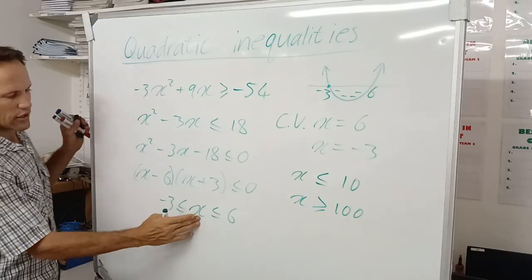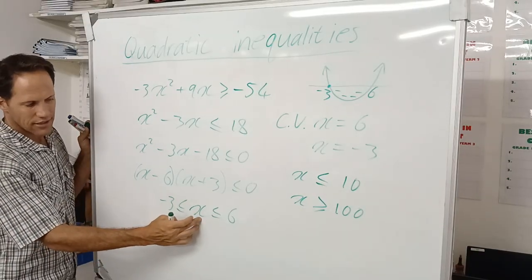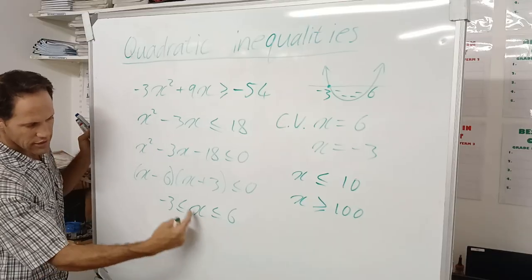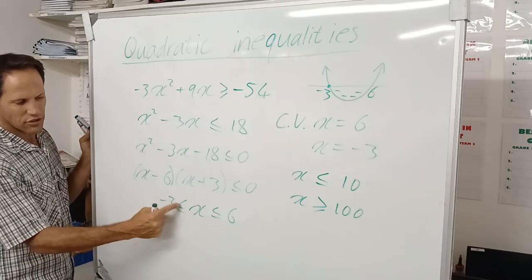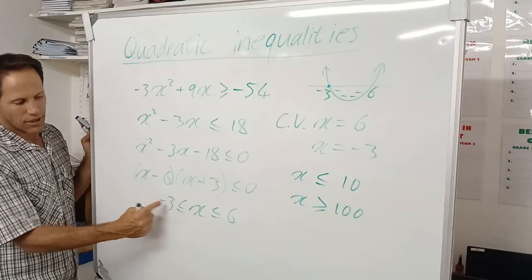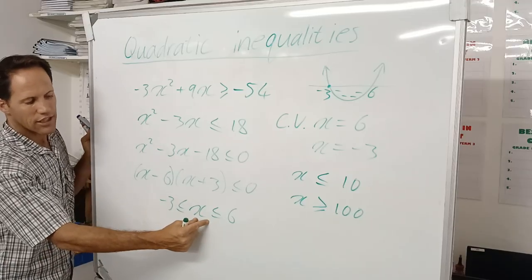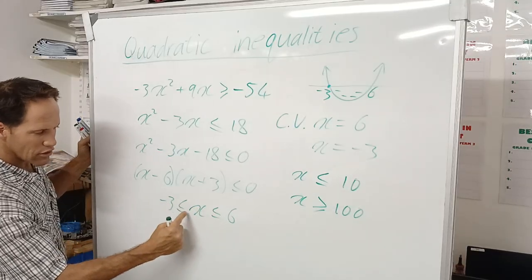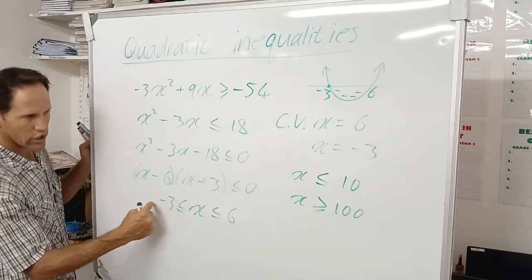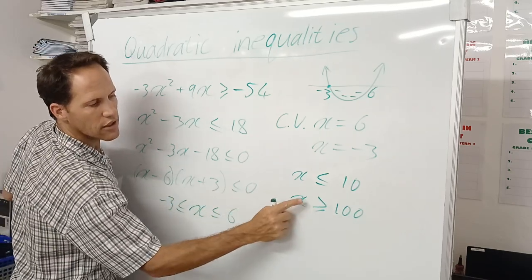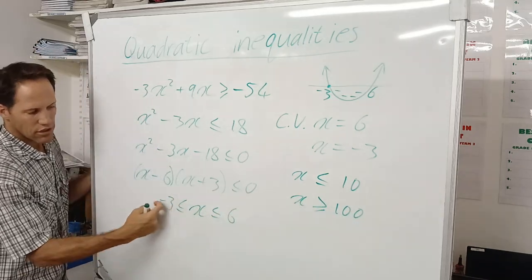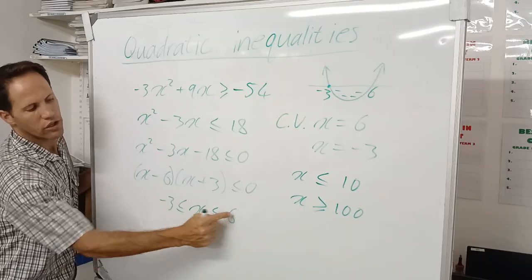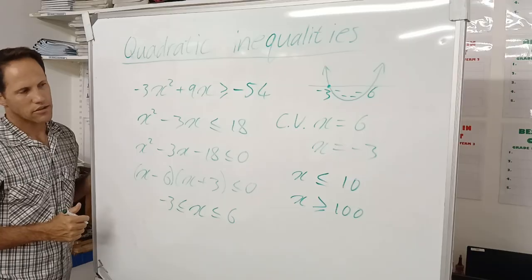But when you do it like this, you always start in the middle. You say x is, then you read this way. So from x, you're looking this way. X is bigger or equal to negative 3. This is not a smaller than sign now, because I'm not reading from this side to that side. I'm starting in the middle and reading back. If I look at x and x is looking that way, x is looking into this thing, bigger or equal to. Okay, so x is looking this way, x is bigger or equal to negative 3, and if x goes this way, x is smaller or equal to 6. So then that's the answer.